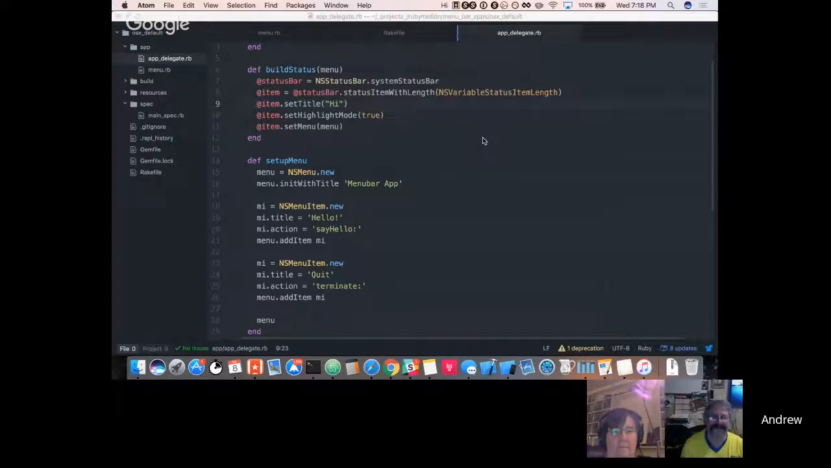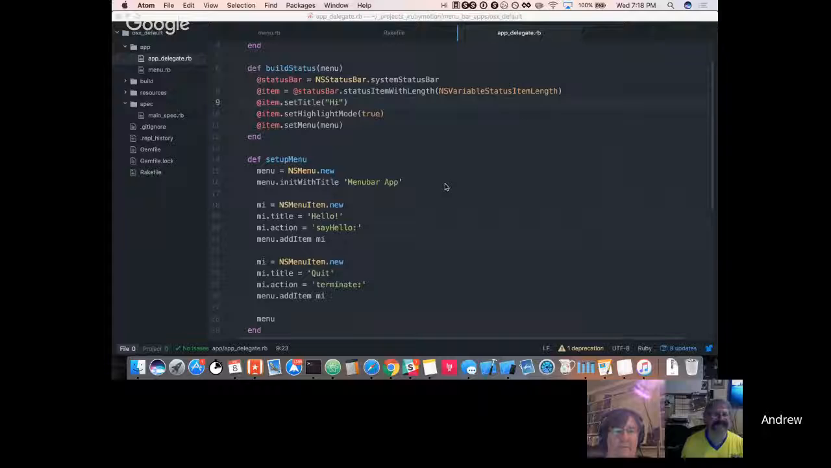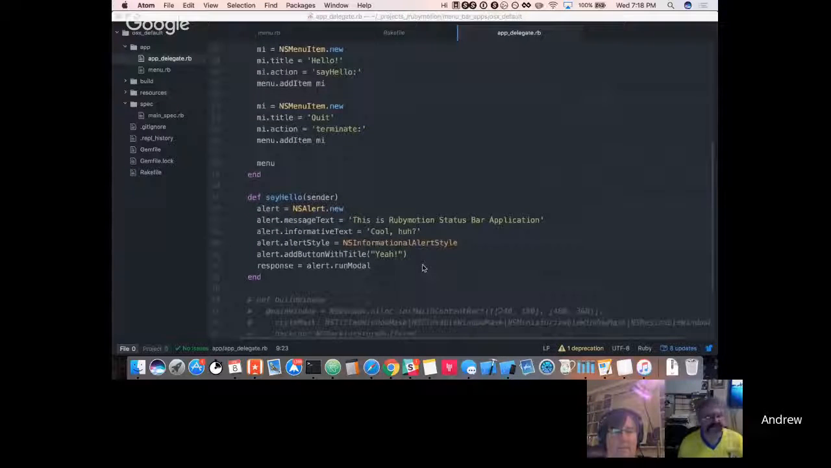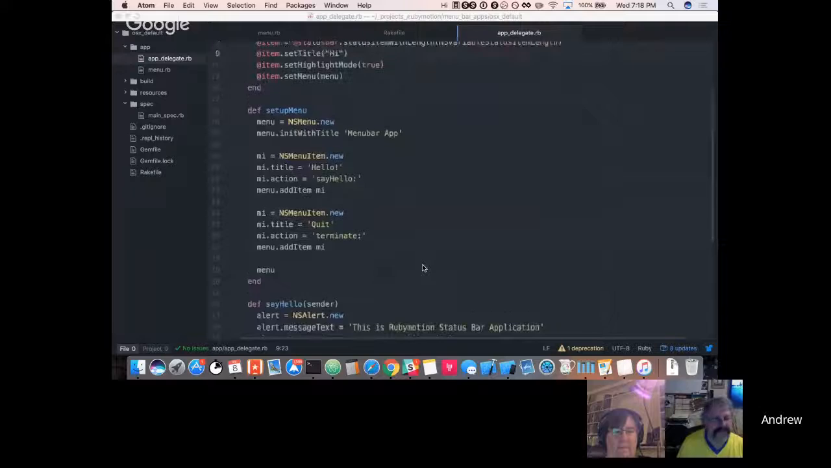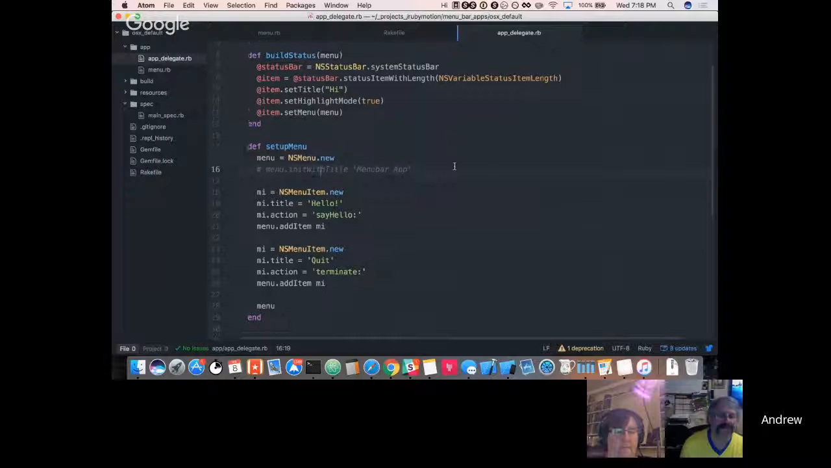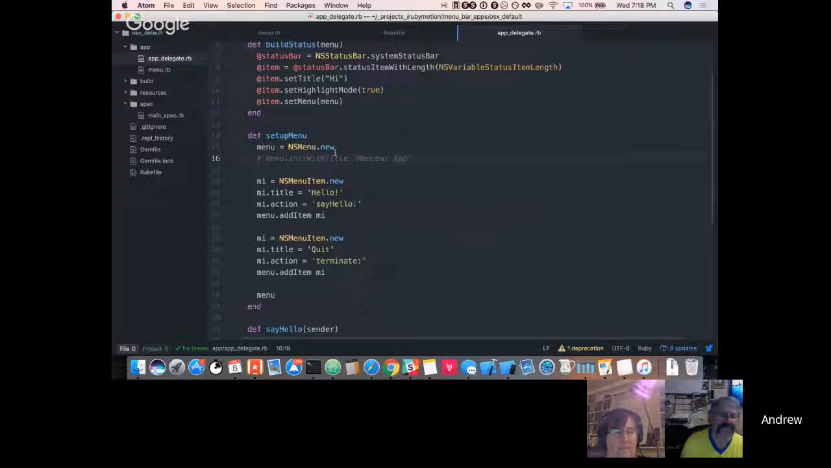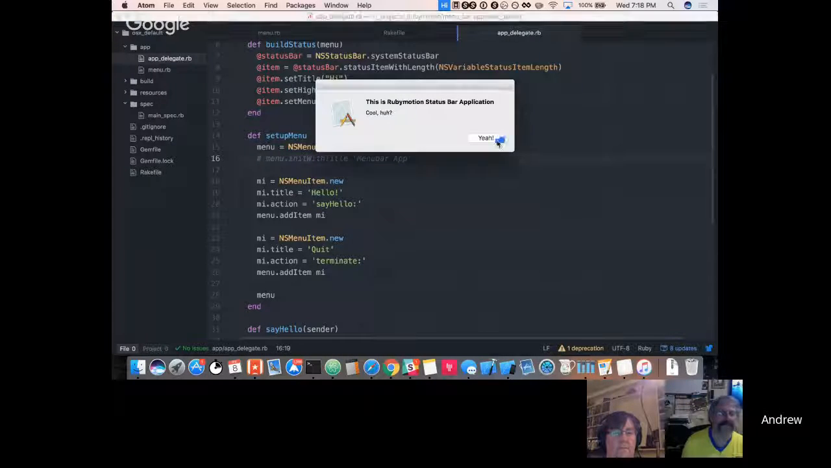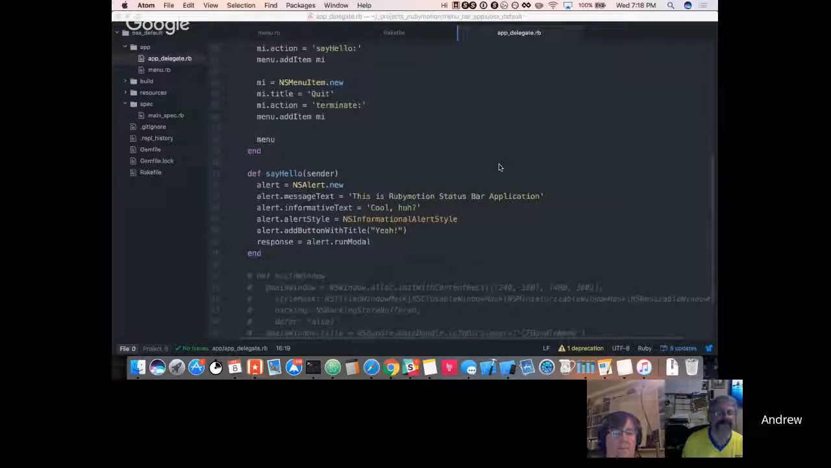There's your modal. So option for no. Where did the NS menu title go? This one down here. NS menu, init with title. This, maybe if it was being used as a standalone thing. Oh, you might be right. The text comes from down here. We actually set up